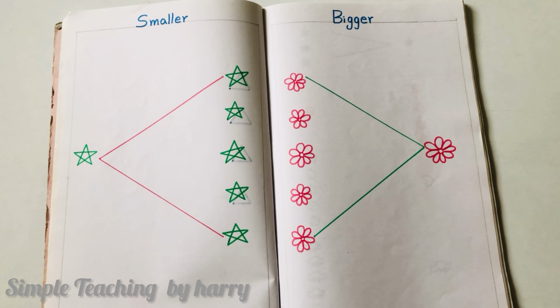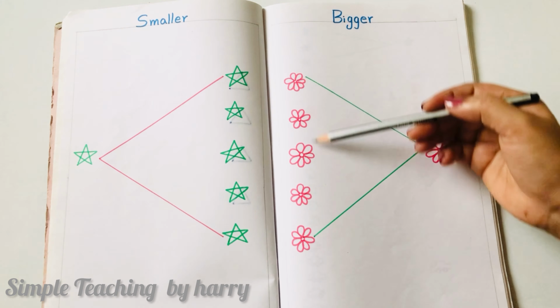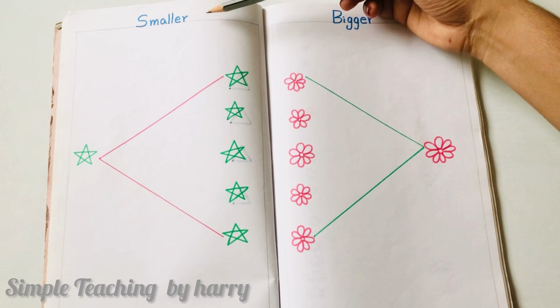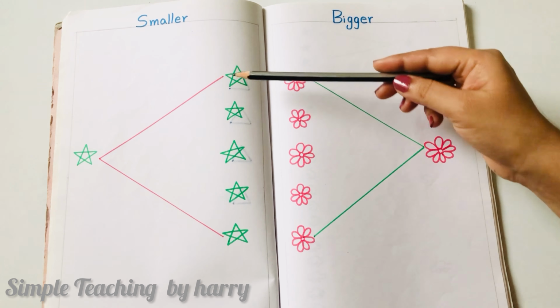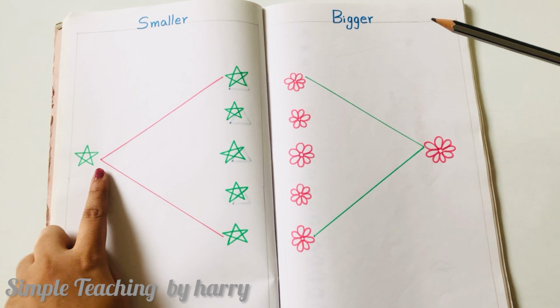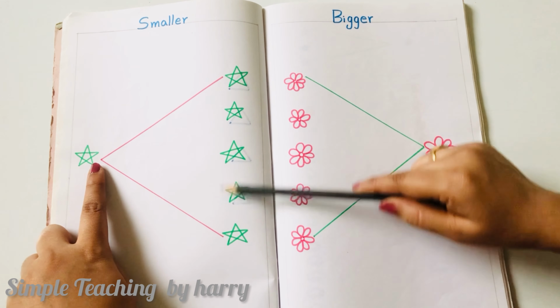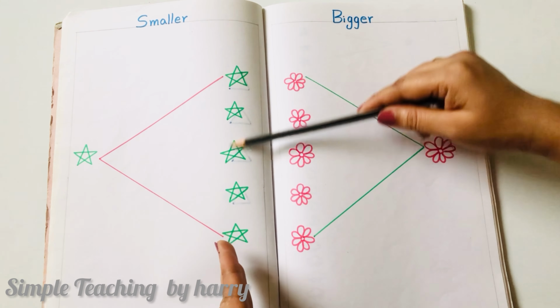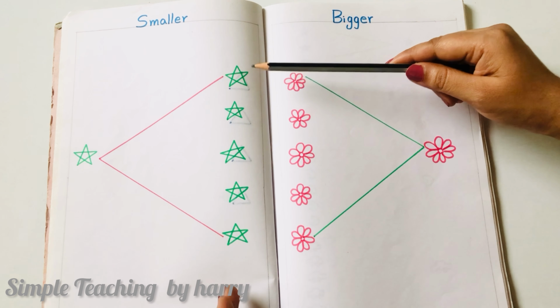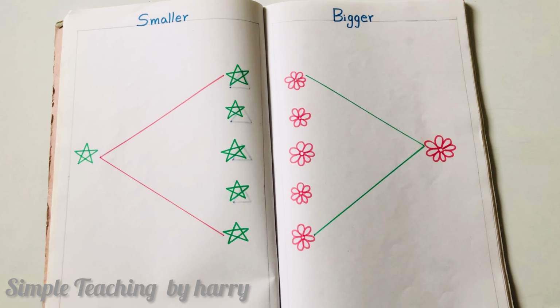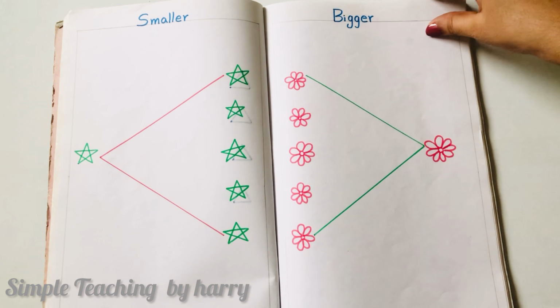To make them understand, I have given the worksheets in a vertical form. Here, coming to the smaller number, on the smaller side the symbol mouth is closed, and here its mouth is open wider because there are a big number of stars here. So explain to your kids in this way to make them understand easily what is the bigger and the smaller number, and also how to use the symbols. Okay, next let's go to the next page.